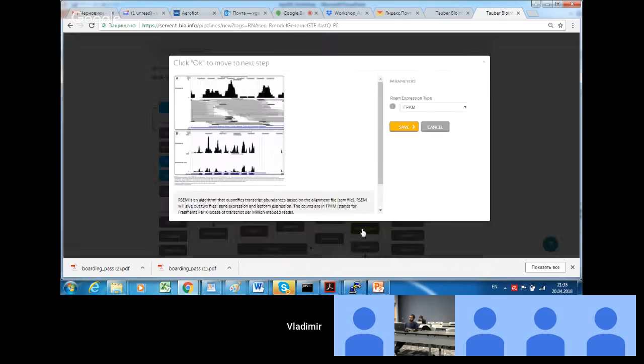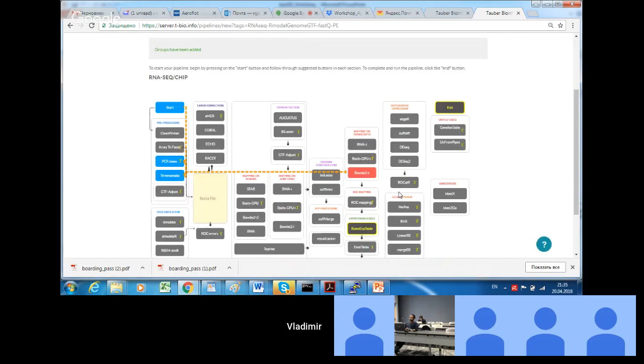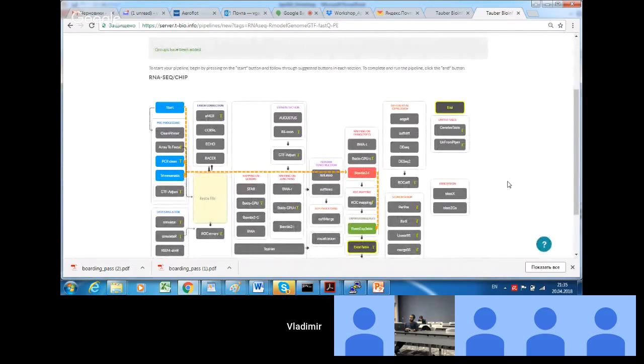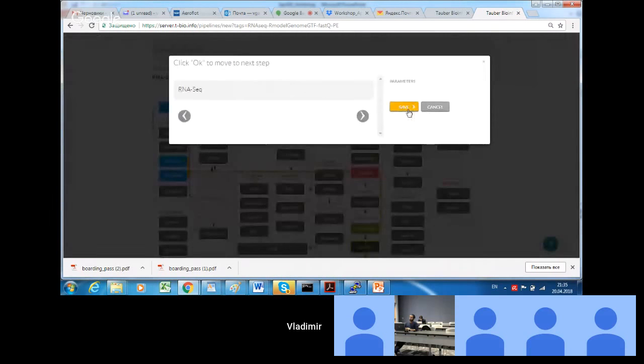In any way, this job can be performed by the RSEM module, here called RSEM expression table, and the desired expression units, fragments per kilobase per million, expected counts, or transcripts per million, can be selected as a job option. So that is all. All we need to do next is to finish our pipeline,